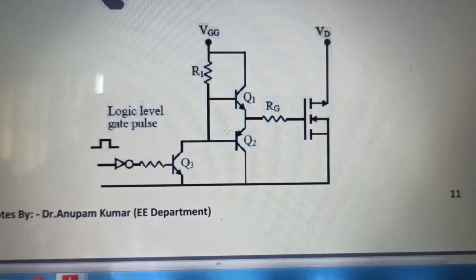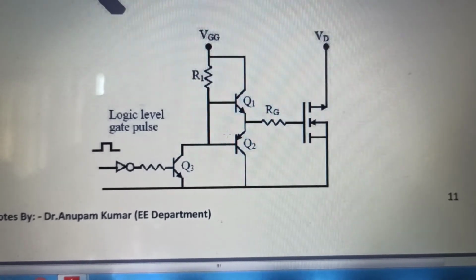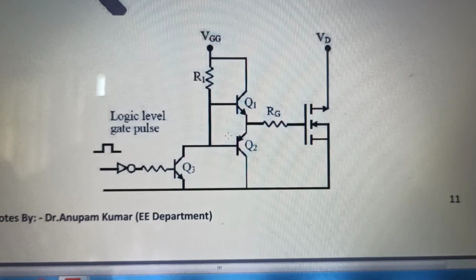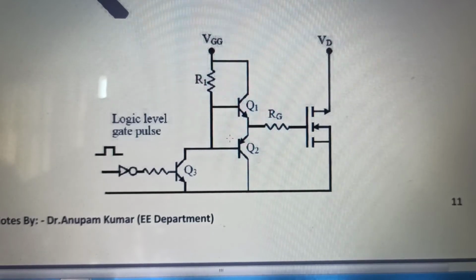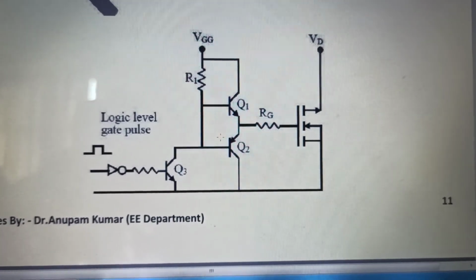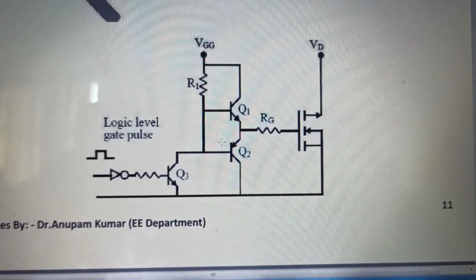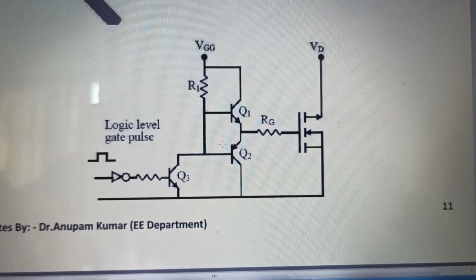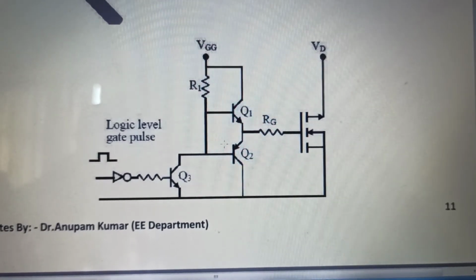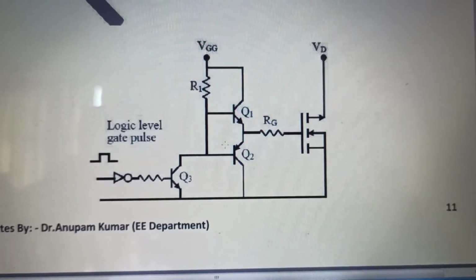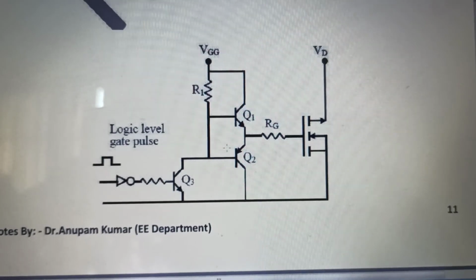We are all versed that the MOSFET operates at low voltage levels, I think below 1 kilovolt. The current carrying capacity of MOSFET is also very low, nearly 250 amperes or 500 amperes. But the biggest benefit of the MOSFET is that it operates at a higher switching frequency. The switching operation of MOSFET is very fast, and the driver circuit will enable us to use this in our favor